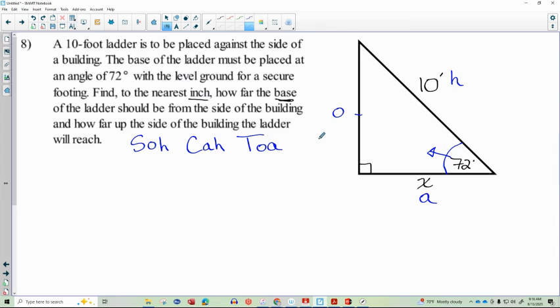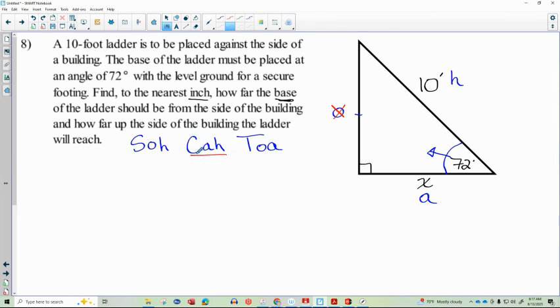Now, we always need to eliminate one of these sides. I certainly need my X. That's what I'm looking for. So I need my A. And I need this number 10 to help me out. So I need my H. So the side that is irrelevant in this particular part of the problem is my O, leaving me with A and H. SOHCAHTOA helps us figure out which function we're going to use by process of elimination. We only have an A and an H here. Only one of these has an A and an H, and it's